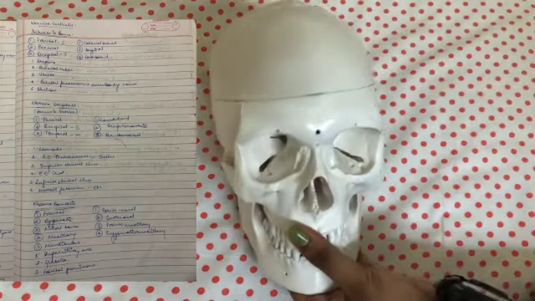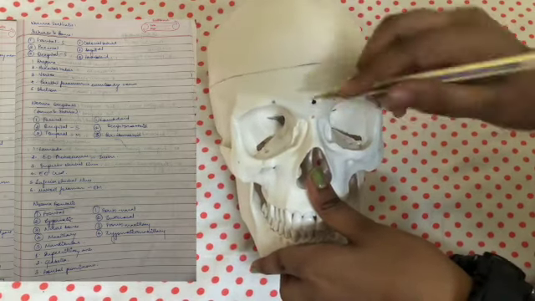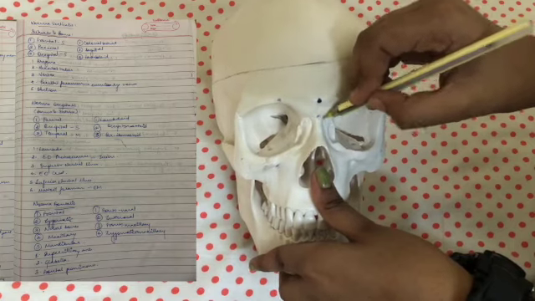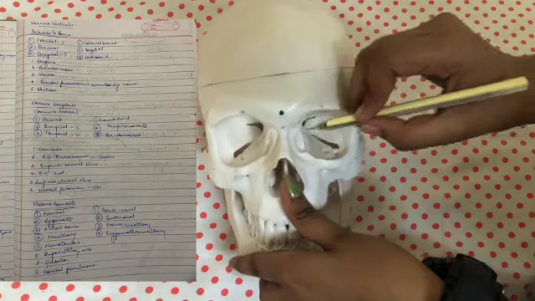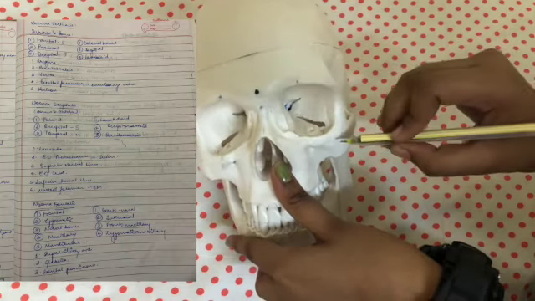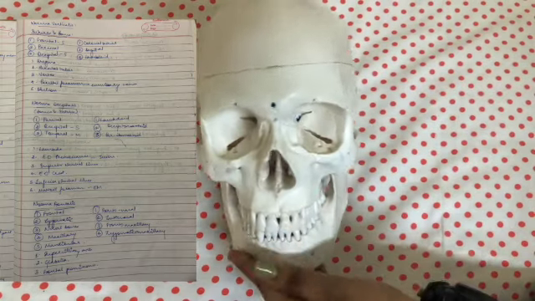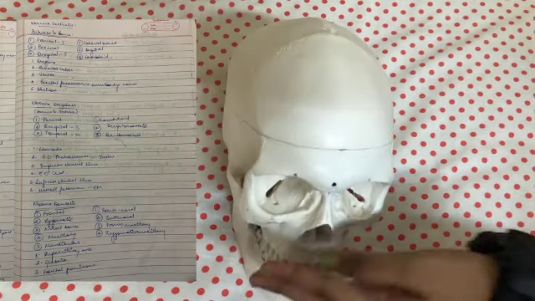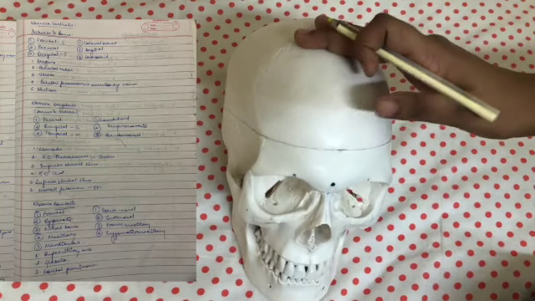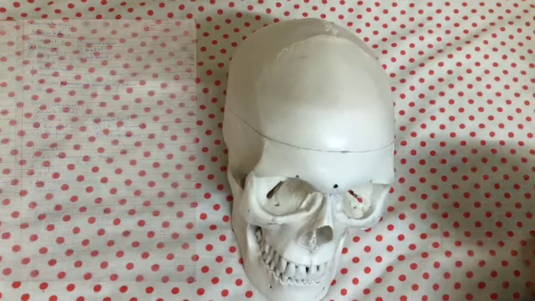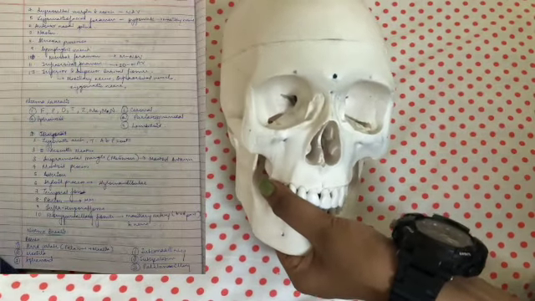And the sutures that you see here are the frontonasal suture, the internasal suture, the fronto-maxillary suture, and zygomatico-maxillary suture. And as you know, it's easy to remember these sutures. That is because they're literally the names of the two bones that the suture joins. Now let us look at some of the prominent features. The first one being superciliary arches.